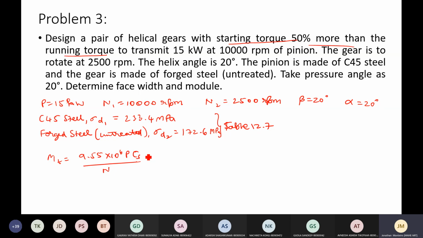Type of operation, that is continuous, medium shock, impact loading, etc., or something that a higher side is required at one particular instance of its operation. Now, during starting, any machine will take high torque until it gains momentum, and then it will require a low torque. So the meaning of this sentence is that CS will be 50% more, that is 1.5. Very important observation. Starting torque 50% more than running torque means that the CS value will be equal to 1.5.